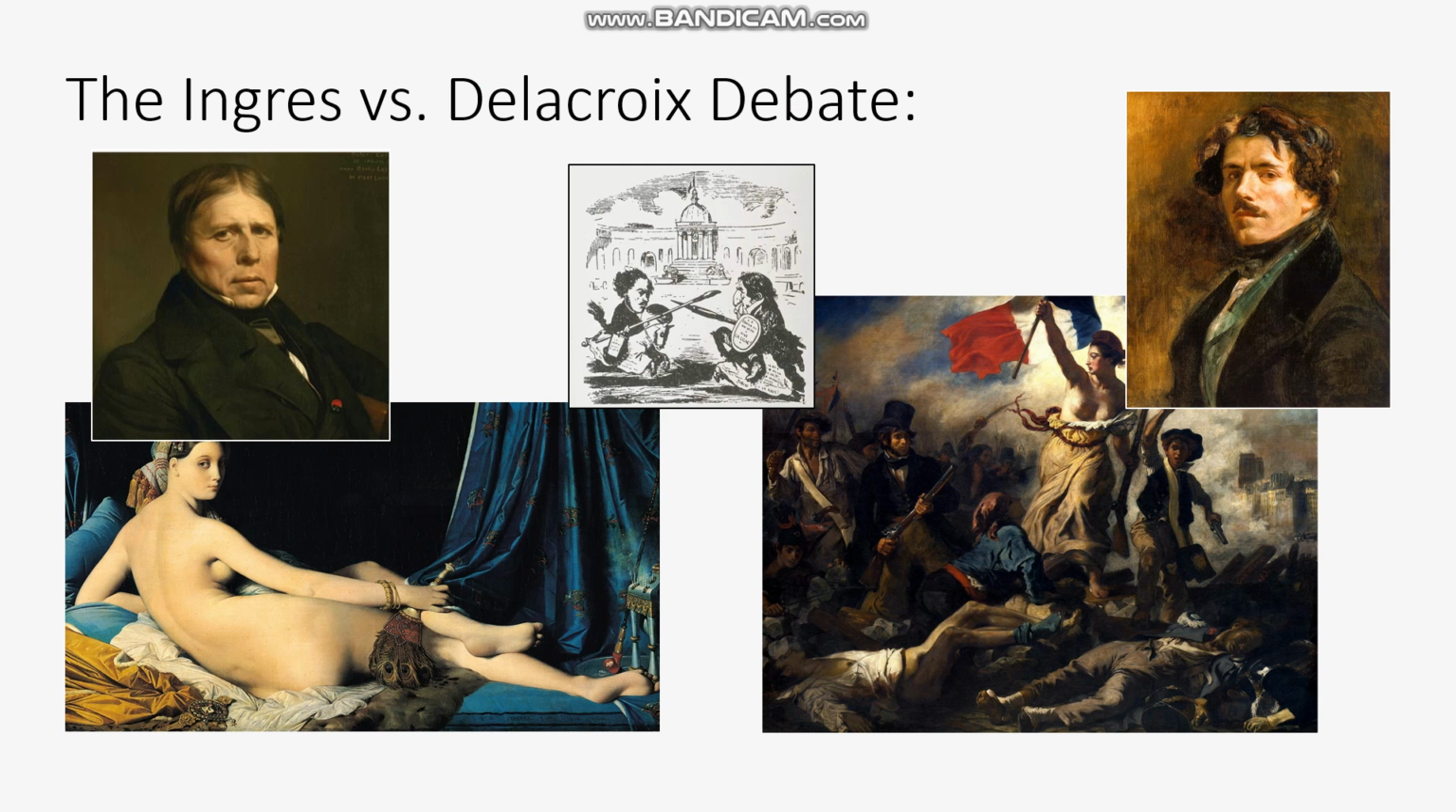Another part of art history where we see this divide between process and product would be in the great Ingres versus Delacroix debate. Now, if you study this in art history, you would learn it as being a debate between Romanticism versus Neoclassicism, or you might learn it as a debate between the way the contemporaries thought of it, a debate